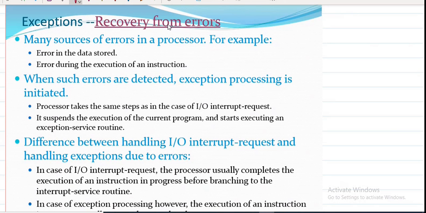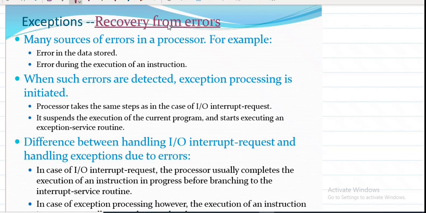It uses this technique to recheck whenever the processor tries to fetch the data. It will apply the parity check to the data and check whether what is stored is correct or not. In case, due to some problem with the disk, a value changes from 0 to 1, is the value still correct? According to the parity I told you, if it is an even number of ones, it is 0, and if it is an odd number of ones, the parity is 1.